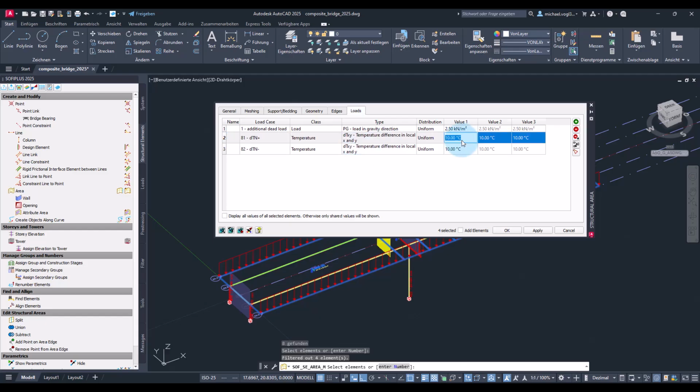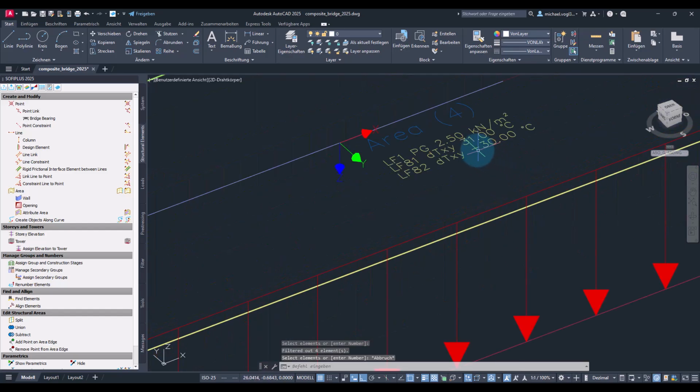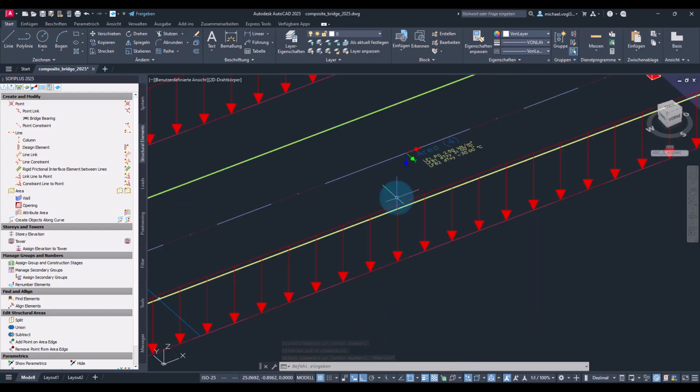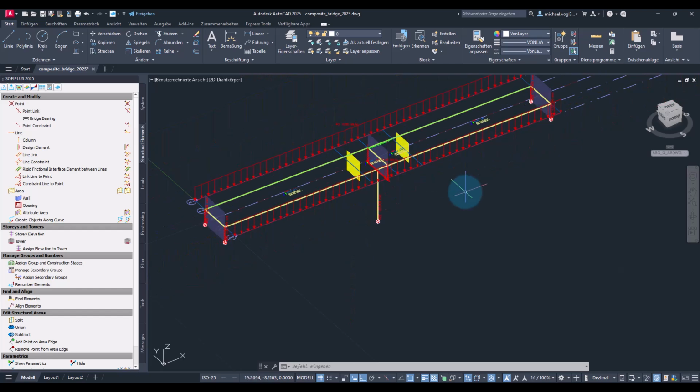So for the extension, I will set the value of plus 31 degree, and for the contraction minus 30 degree, and click on OK. And as you can see, these loads are now created on the selected area elements.